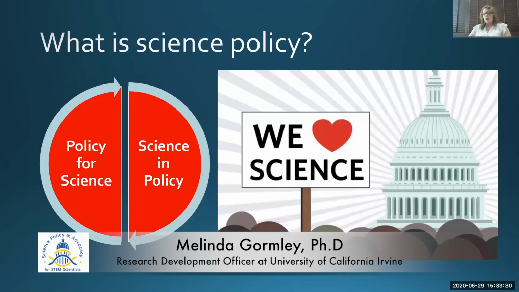There are two kinds of science policy, that I'm going to define now. While these are two different aspects of the science policy process, they do interact and reinforce one another. So they are policy for science and science in policy. Policy for science is the infrastructure that allows scientists to perform research, right? So I'm going to give a couple examples from my own work, the kinds of things that I've worked on, because I would say that the bulk of what I do is in the policy for science sphere.